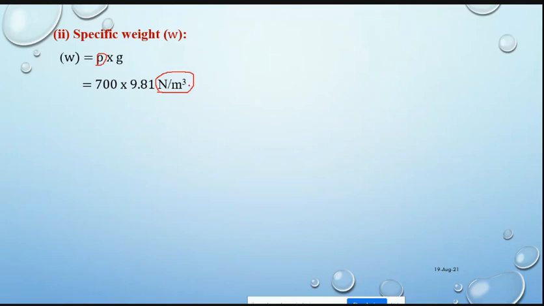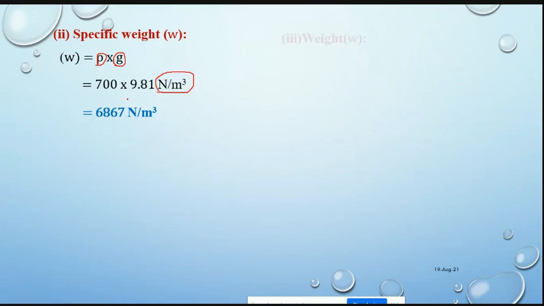Don't get too confused. The unit for specific weight is Newton per meter cube. Normally this gravity will not be calculated in kilonewton. If you put 9.81, Newton is what you will get. So specific weight is equal to 6867 Newton per meter cube. Please remember that. Please attend this class with a calculator. These are all simple multiplications. I'm not going to ask for the values now, but in our next classes onwards, I'll be asking you for values. You have to tell me the answers; I'm not going to tell you the answers.